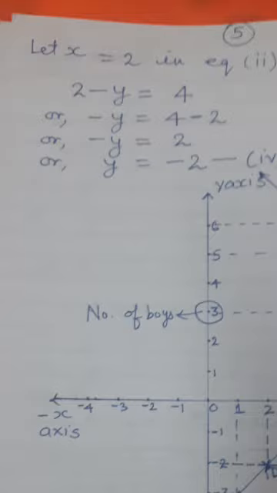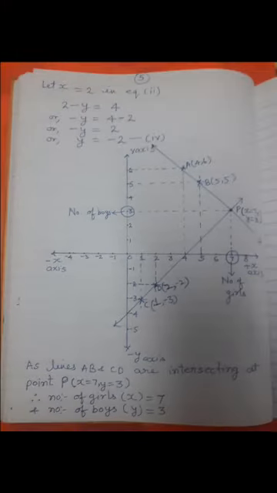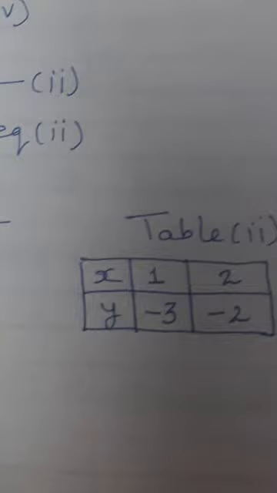Always remember that we have to make the variable positive. So what we have done is, we have taken this minus y to the other side, then it becomes positive y, and we are taking that 2 to the other side, then it becomes negative. Or y is equal to minus 2, simply you can write. And this we will write in the table also, that when we have taken x as 2, then we have got the value of y as minus 2. Now see here in this table I have written, when we have taken the value of x as 2, then we have got the value of y as minus 2.